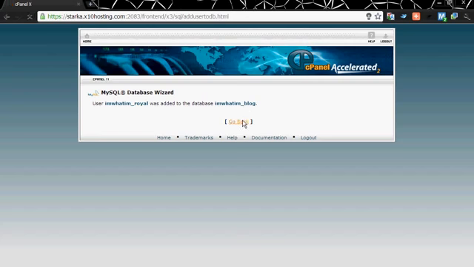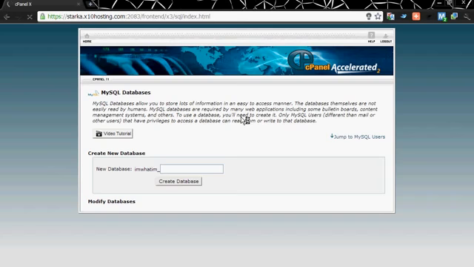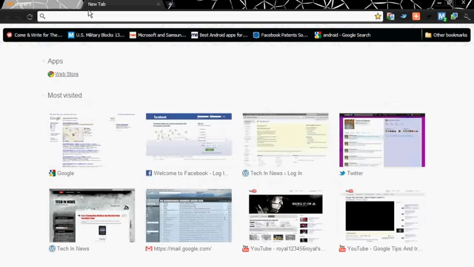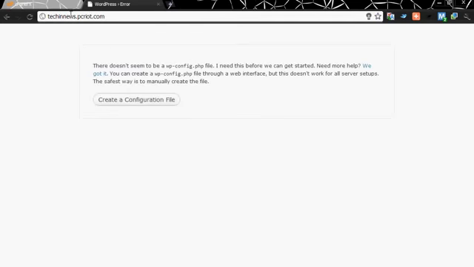You have the database, you have the user, and also you have a website. Now just go to the link of your website. If you have uploaded the files in the WordPress directory, then go to your website name slash WordPress, or if you have uploaded in the main directory, then go to the website only. Click on create a configuration file. Yes, we have the database name, username, password, host, table prefix. Yes, let's go.